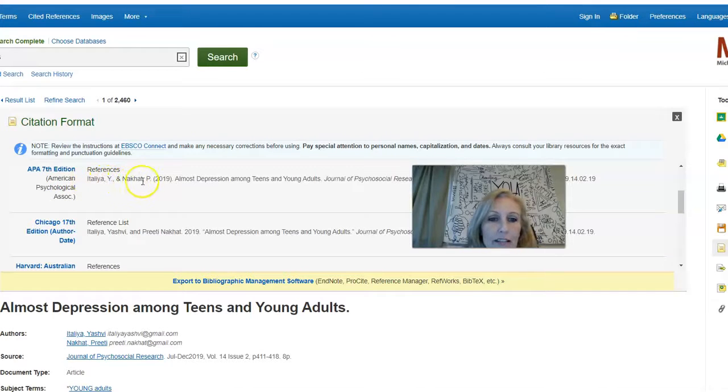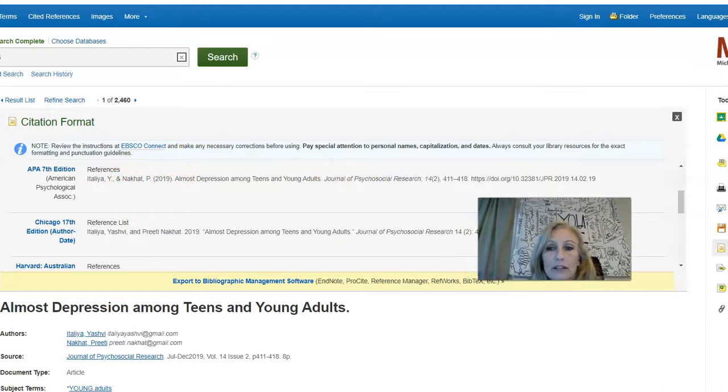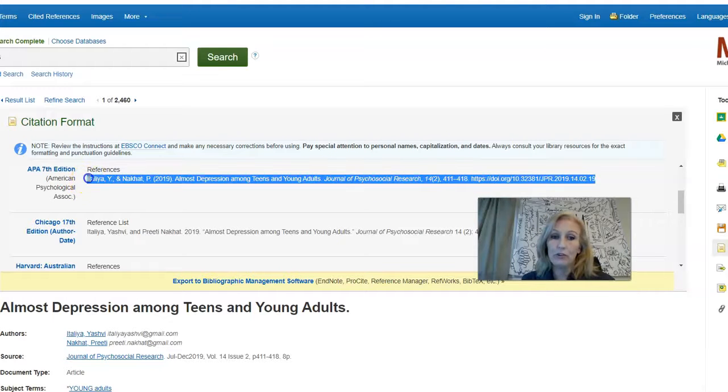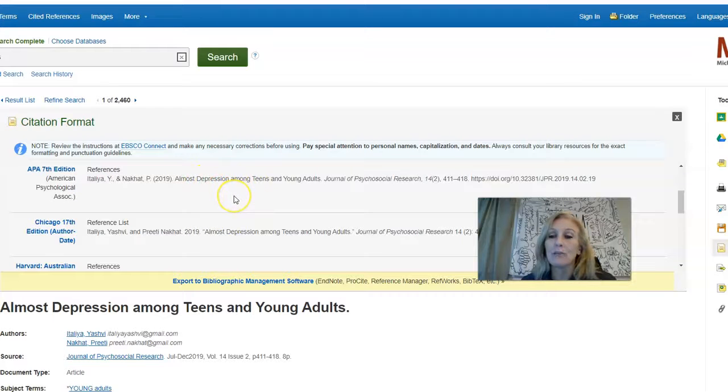Last name, first initial, last name, first initial, year. APA likes to have the year right there because we're so concerned about having new, current, relevant information. Journal of Psychosocial Research, and then it gives the volume number, the page numbers within the volume, and then of course where you found it. So you don't need to put "retrieved by" or any of that. If you choose to cut and paste, I'll know: you'll have a shadow behind it, and I'll know you just cut and pasted. So you might want to cut, paste, and then retype. That's up to you.